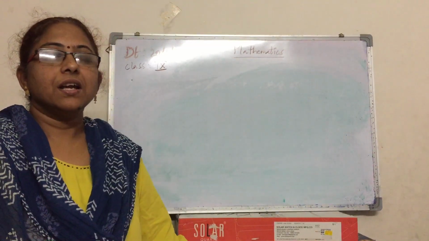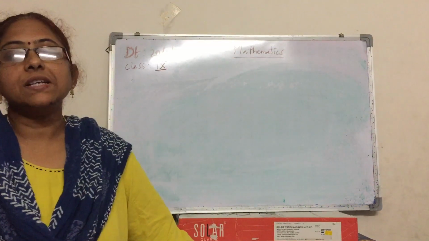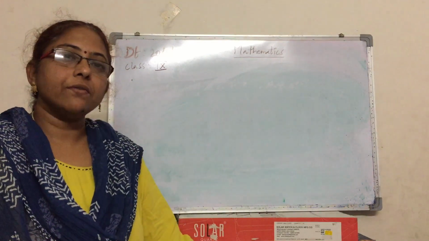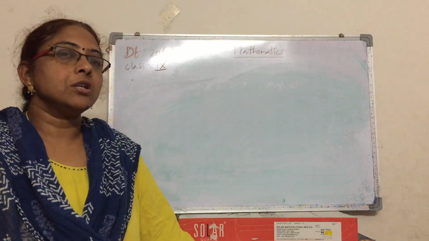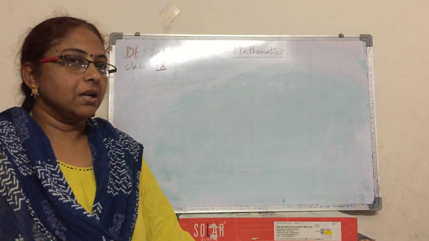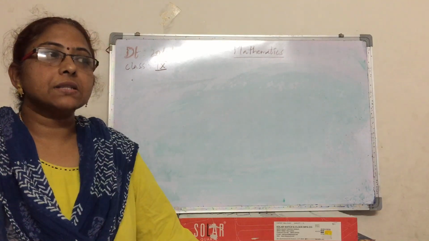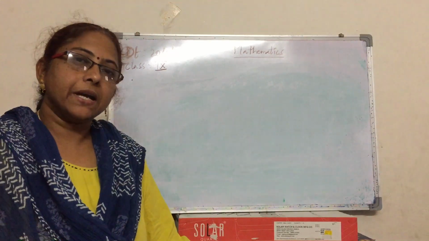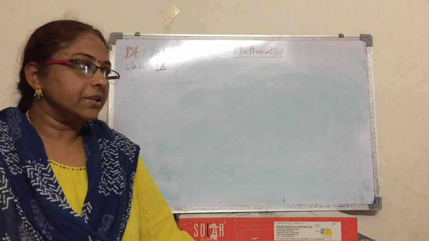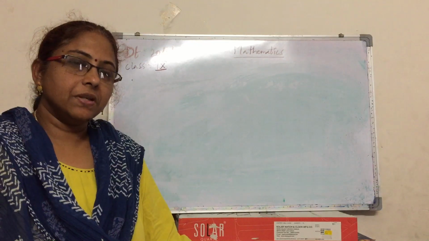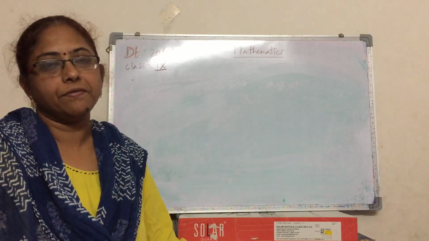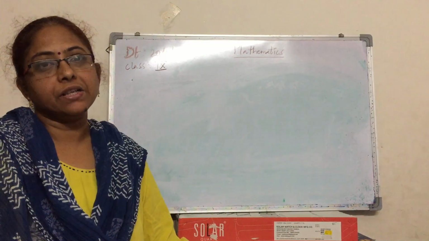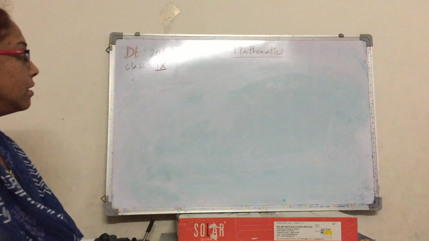Students, in module 3 we discussed the remainder theorem. Today we are going to learn some algebraic identities. We already discussed 4 algebraic identities in 8th class. What is meant by an identity? An identity is an equality which is true for all values of variables. So what are the 4 algebraic identities we used in 8th class?